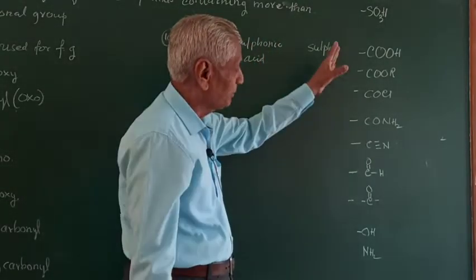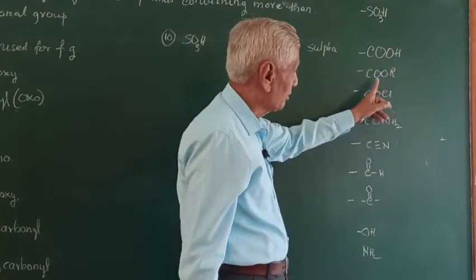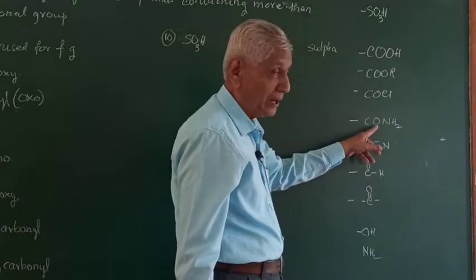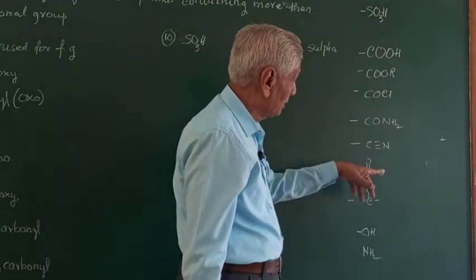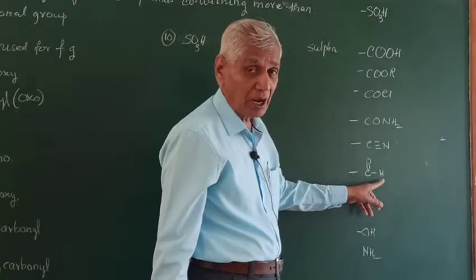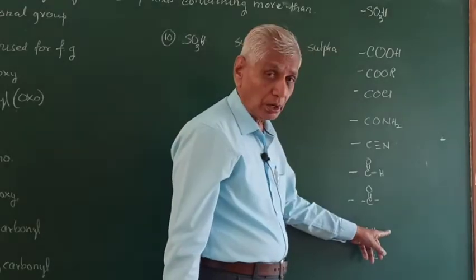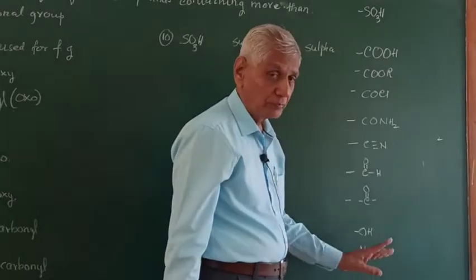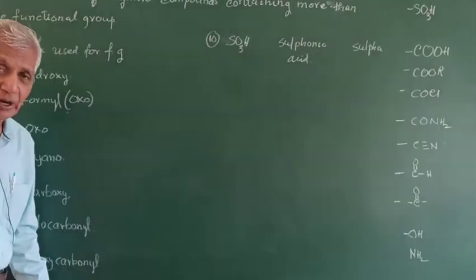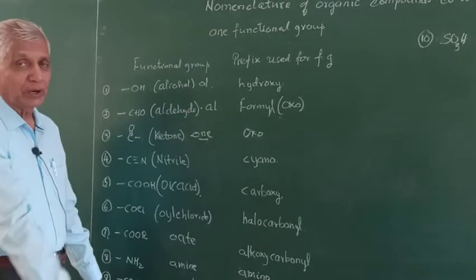And you know what are the functional groups of this type. This is called oic acid. This is called ester. It is called acid chloride. This is called amide, and amine. This is called cyanide. This is called aldehyde, ketone, alcohol, amine. Now these functional groups, if they are present along with one more functional group, then these functional groups are given as